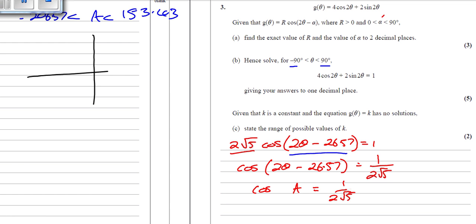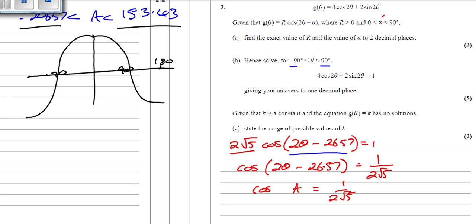So once you've done that, you're then going to draw the cos graph out. So the cos graph between minus 206.57 and 153.43. So there you go, that's 90 and then 180. That's minus 90 and then minus 180. And then because it goes past that, you might want to go up to that there, which is minus 270. Now what we've got to do is we've got to solve 1 over 2 root 5. So 1 divided by 2 root 5 gives us